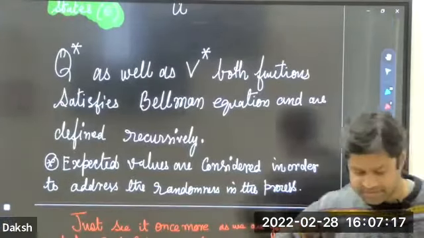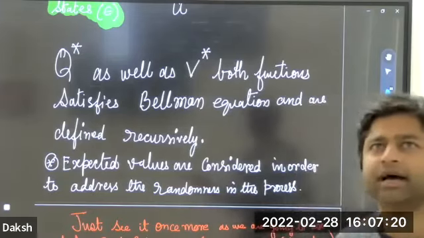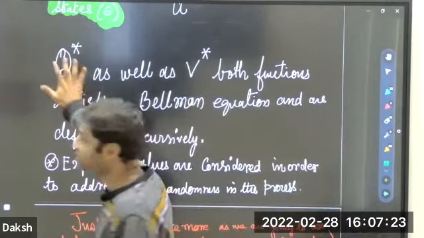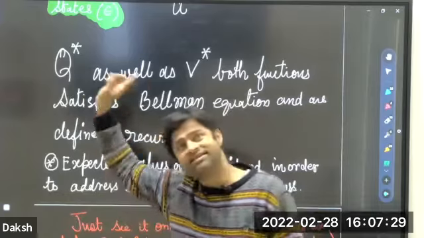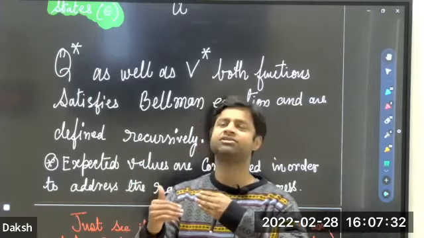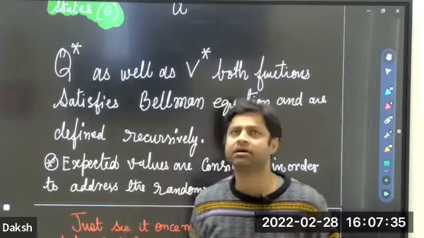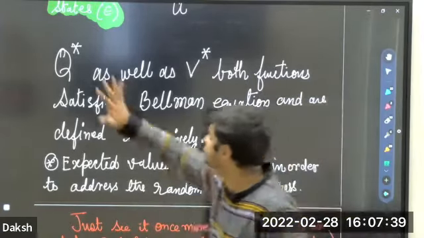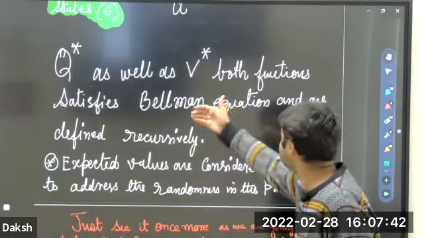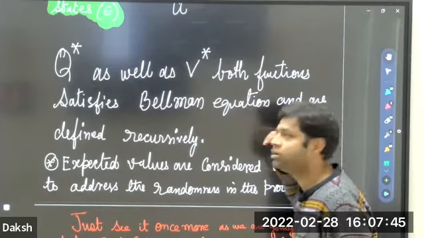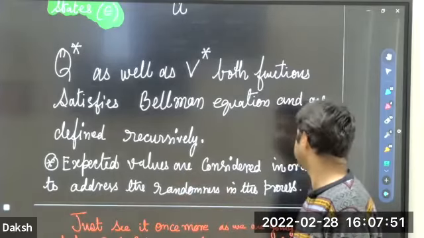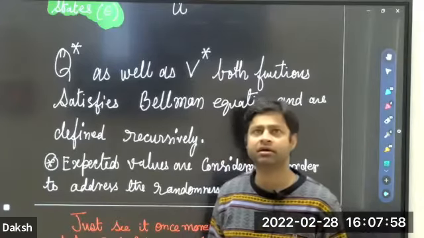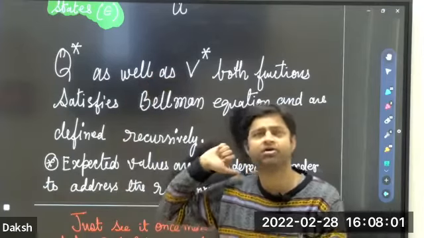नाउ इंपॉर्टेंट चीज, तो आप लोग पूछ रहे थे ये Q asterisk क्यों बताया? देखो Q asterisk, अंडरस्टैंड, Q नहीं, Q asterisk। ये थोड़ा आगे का क्वेश्चन है, आपके दिमाग में अभी नहीं उठेगा, बाद में उठेगा, लेकिन मैं पहले ही बता दे रहा हूं आपको समझने के लिए कि Q asterisk और V asterisk दोनों के दोनों बेलमैन ऑप्टिमैलिटी या बेलमैन इक्वेशन को फॉलो करते हैं, and they are defined recursively, because ये दोनों ऑप्टिमल हैं। कोई भी चीज ऑप्टिमल होगी और रिकर्सिवली डिफाइंड है, वो बेलमैन ऑप्टिमैलिटी को फॉलो करेगी।